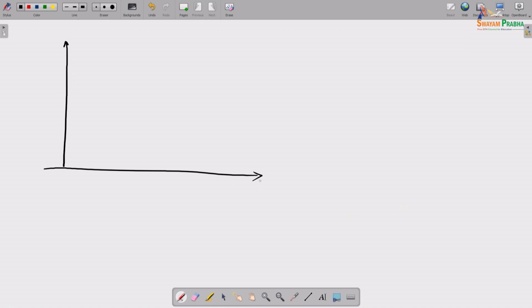So, this is the time on the x axis and this is the x location, and we have drawn a path like that. This is the path of a fluid